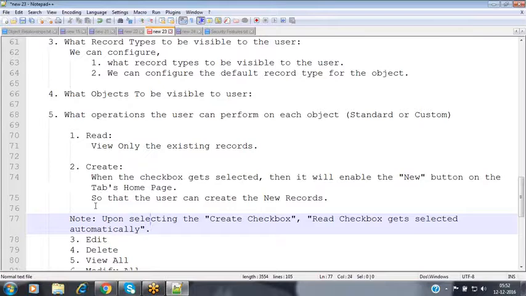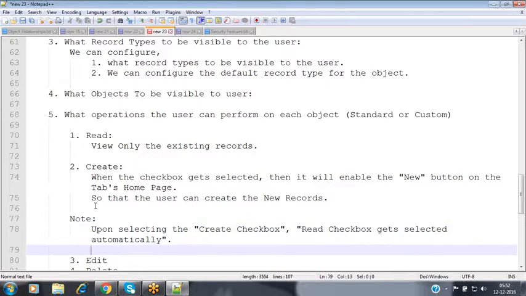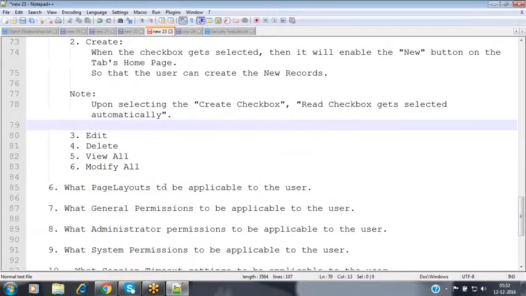Why? Because once you click on the New button, it provides a new page. After entering the data in the new record, once you click Save, the record has to be saved, and it has to redirect the user to the detail page. Detail page means view, nothing but read. So for that, the read checkbox gets selected automatically by default when you select the create checkbox.